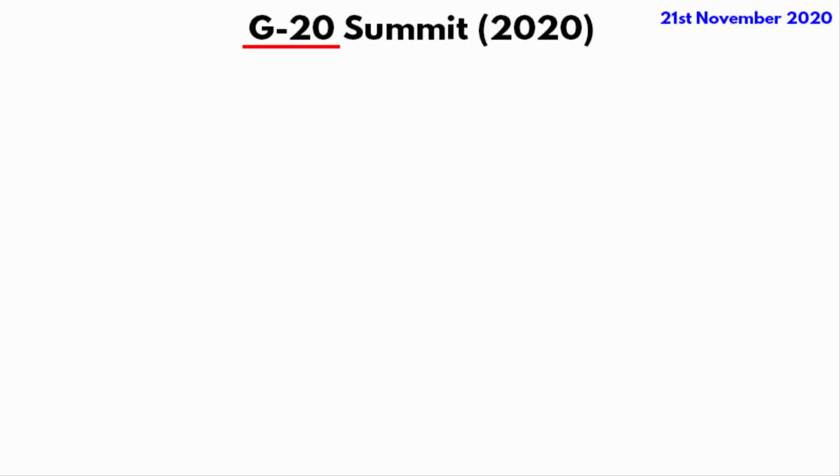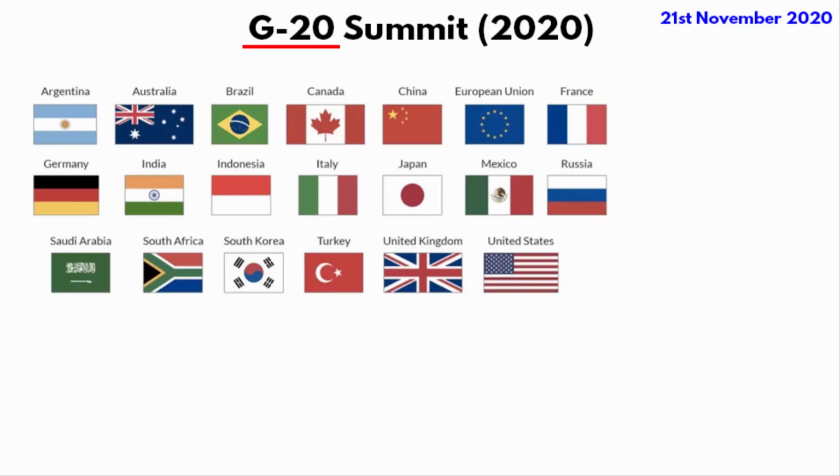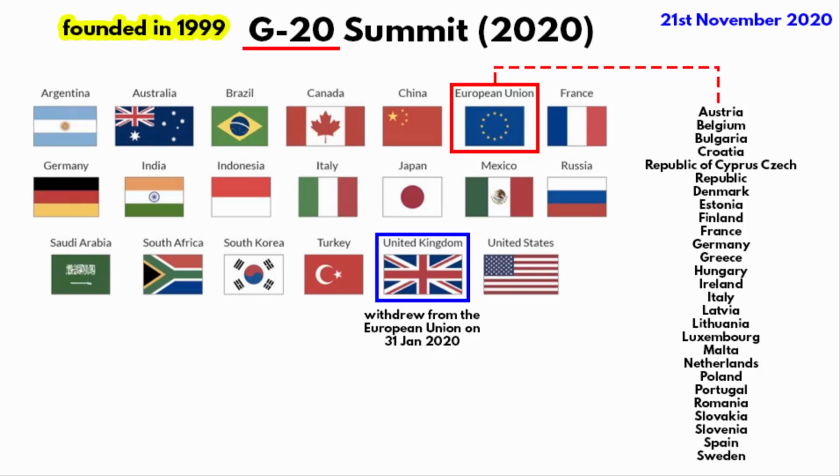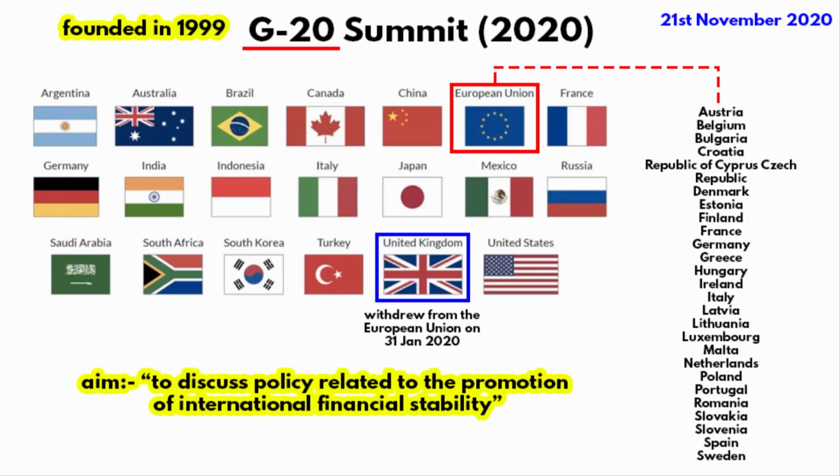As you can figure out, G20 means grouping of 20 countries. There are 19 countries plus the European Union. Under European Union, as you know, there are 27 member states. Previously it was 28. The United Kingdom withdrew from the European Union on 31st January 2020. This international forum was founded in 1999 with the aim to discuss policy related to the promotion of international financial